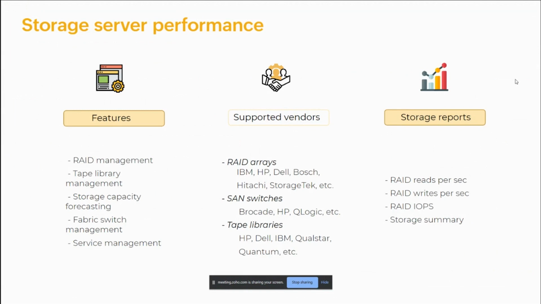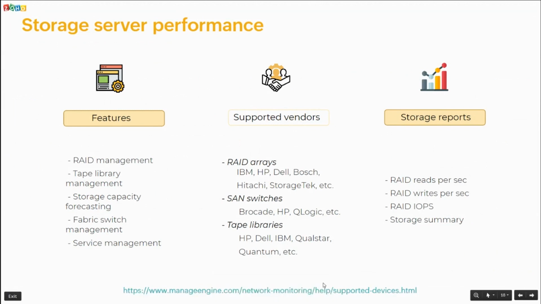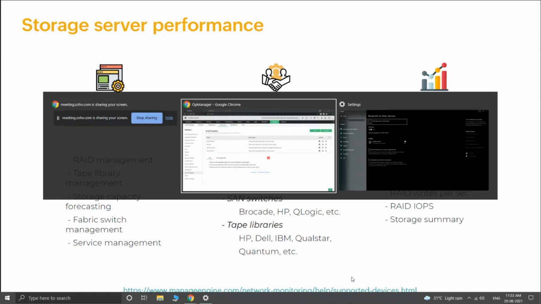To know more, you can check out our help page on the supported devices, which has a complete list of all the devices supported for storage server performance in OpManager.